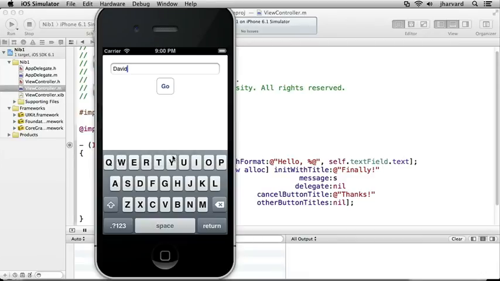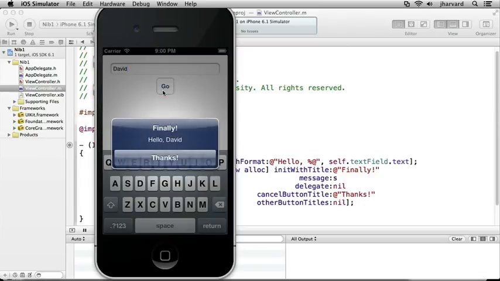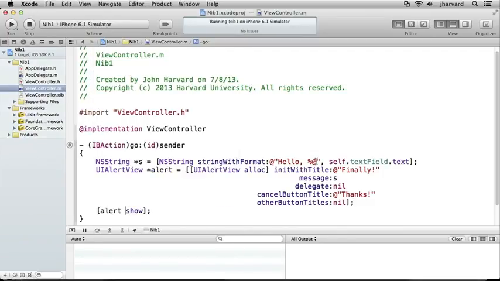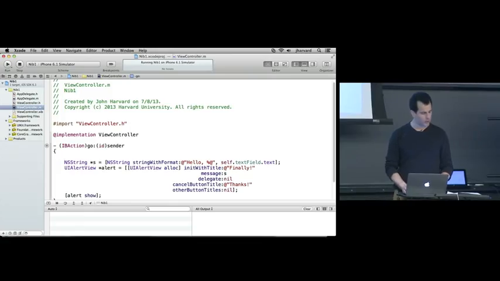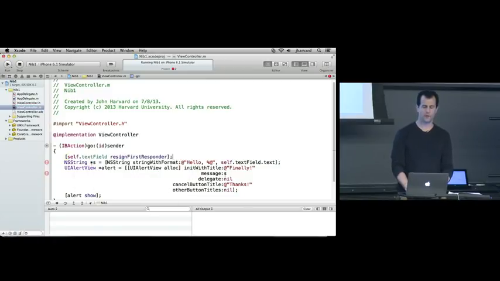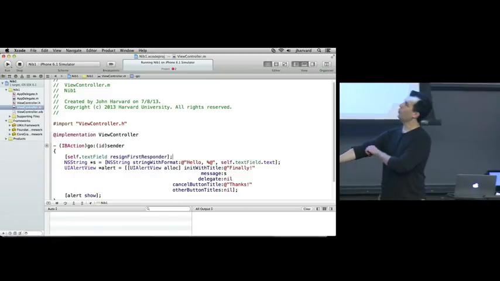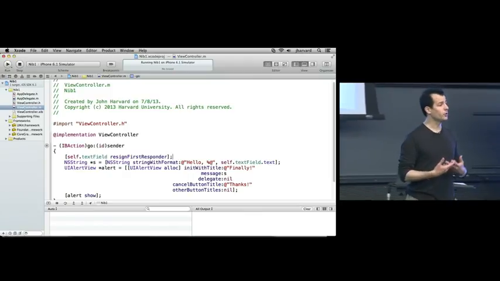So I can be a little more anal here. I'd like to make this a little sexier, like when I see that prompt, when I click go, why is the keyboard still there? Right? Like you're seeing it through the translucent button. Let's clean this up. And I would only know this by Googling around a little bit, but what I'm going to do here before we actually display that alert is I'm going to do self.textfield resignFirstResponder. So this is instructive, if only because we've seen this buzzword responder before, first responder, the